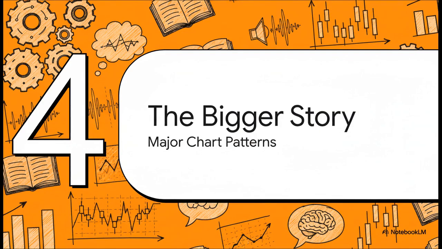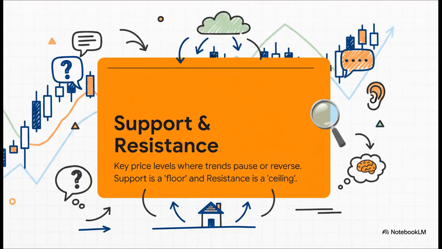All right, we've learned the alphabet, we've learned some words and grammar. Now let's zoom out and start reading entire sentences and paragraphs. These are the major chart patterns. They form over weeks, sometimes even months, and they tell a much, much bigger story about where the market might be headed. But before we can get into those big patterns, we have to understand the playing field, and that's